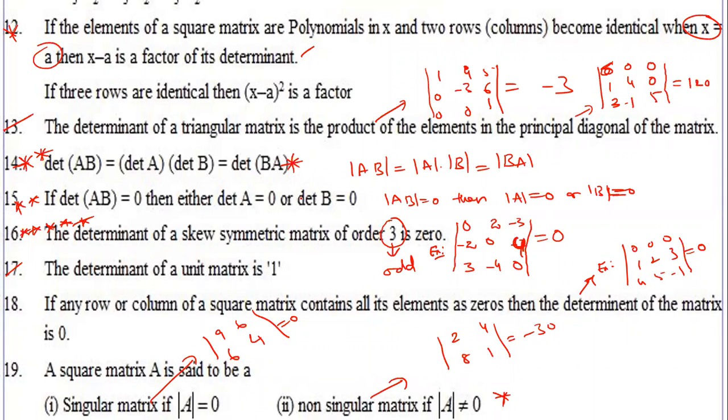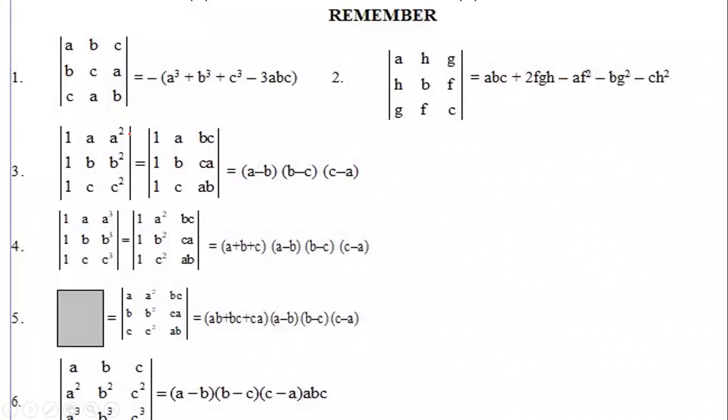Okay, now see. Let's start, dear students. See the screenshots immediately. Dear students, these are very important. You should remember these points. A, B, C, B, C, A, C, A, B. So the answer comes like this. The actual answer is 3ABC minus A cubed minus B cubed minus C cubed. You can remember: take the minus as the answer. Minus common factor. Like this, see.